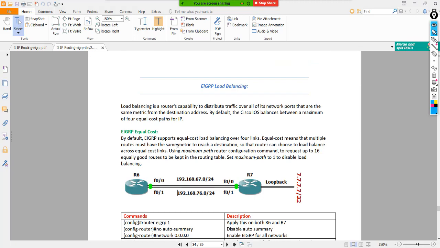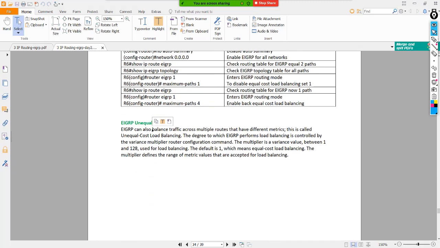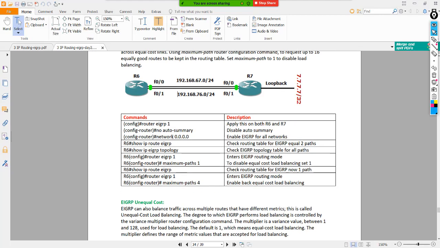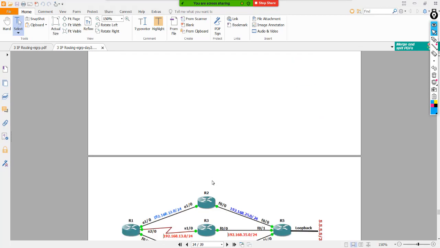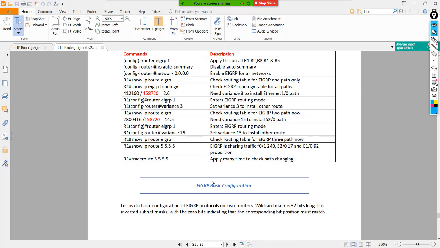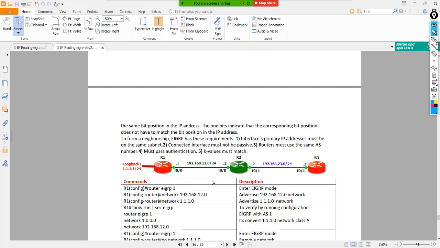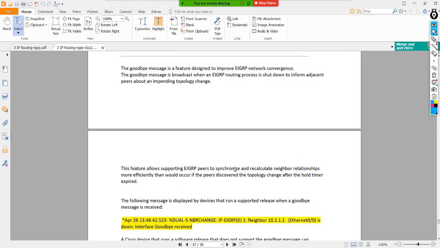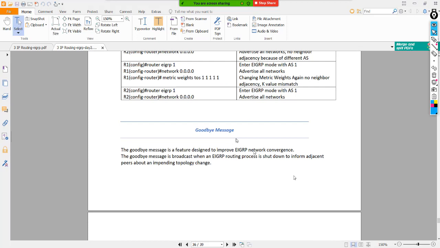And for load balancing, EIGRP is going to support two things. One is equal cost, the other one is unequal cost. Okay, so we will do that, and the basic configuration. Okay, and yes, one extra thing about EIGRP: some of the latest EIGRP platforms have a beautiful message